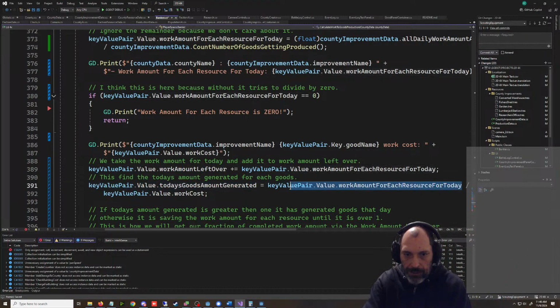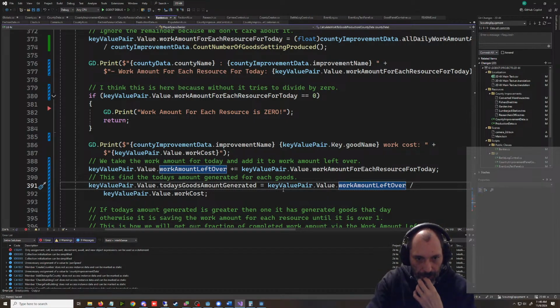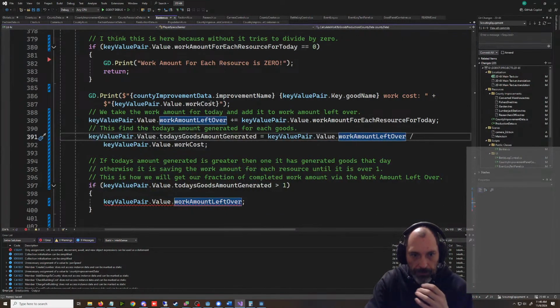Then we divide this, work amount left over, by the work cost because once again there might be some left over. And then if we produced stuff,